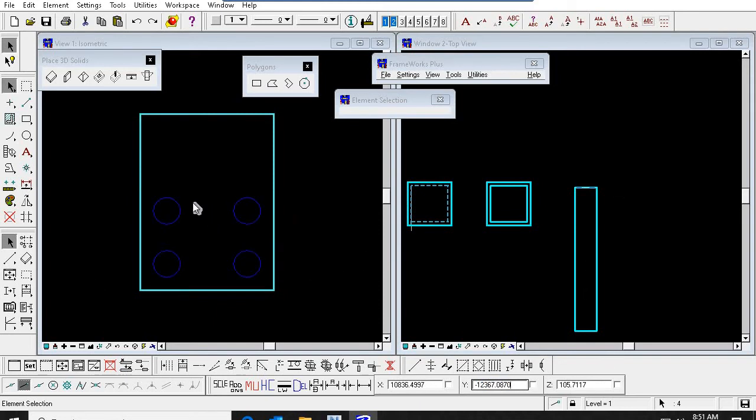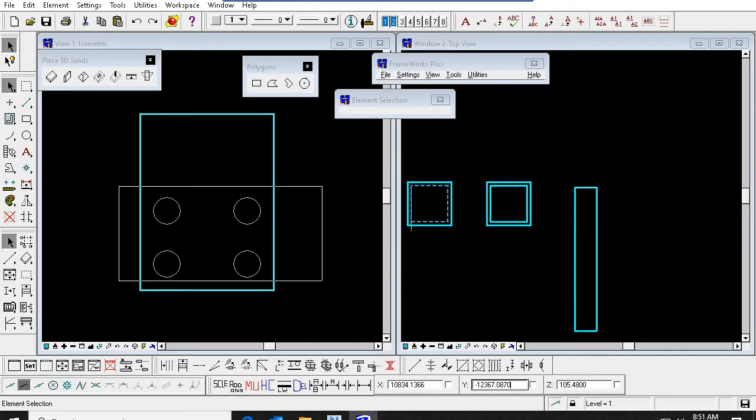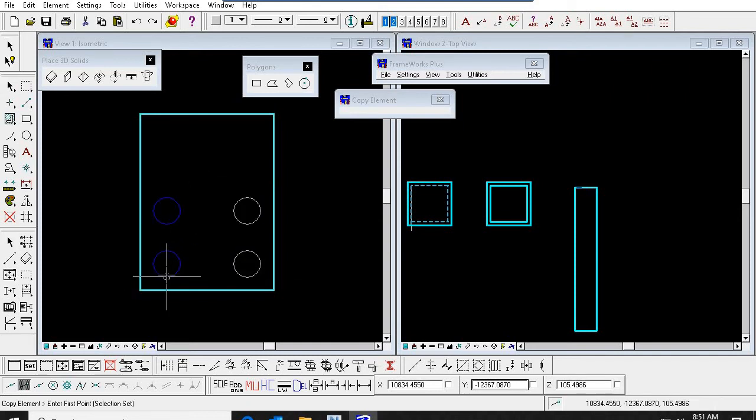Now how to make the opening in the duct bank? So I place these 4 circles here. In center also I need to make one circle, if required. Now I select all the circles. You can see 6 elements.